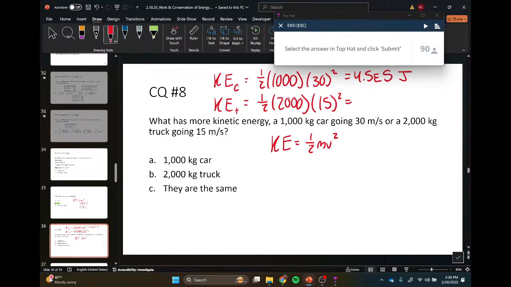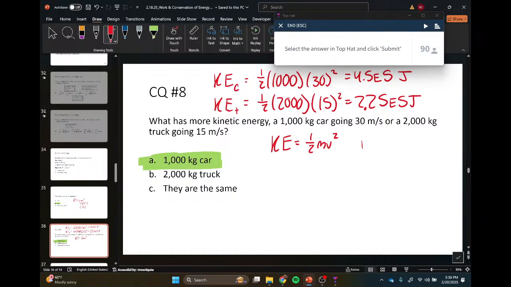Why it's scary is that if it hits something, that energy changes from a lot to nothing very quickly, and that gets transferred to whatever it hits very often. If you do this one, the truck is smaller, 2.25 times 10 to the 5. So the car has more. Great, that's one way to prove it: just literally plug in the numbers. That totally works. The other way, and we'll actually see this in the next slide, is